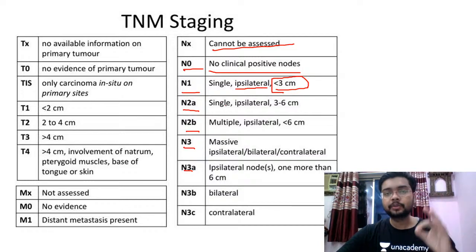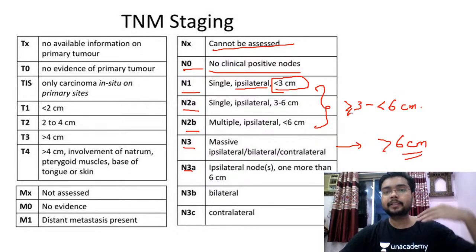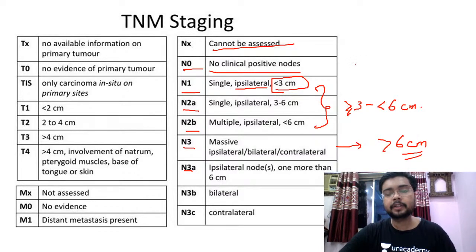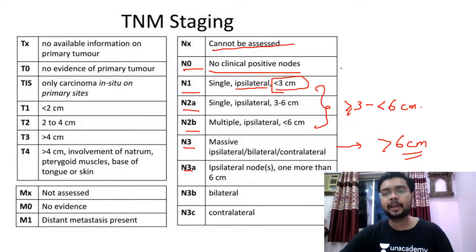Now N2, the size for N2 is more than or equal to 3 centimeter and less than 6 centimeter, right? And N3, if you simply see, is more than 6 centimeter. Like in T1, T2, T3 we had 2 centimeter, 2 to 4 centimeter, and more than 4 centimeter. Here also we have N1, N2 and N3, because in future if they mention that there was an ipsilateral lymph node of 3 centimeter,